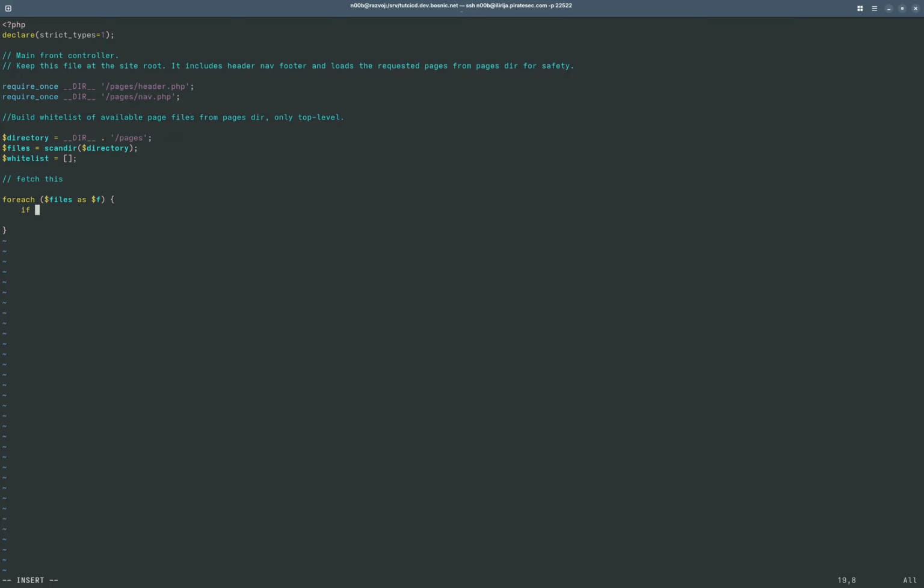So if our file, let's say like this, is triple equal in this directory, then this file of ours, which is defined in this directory, and then you will continue,